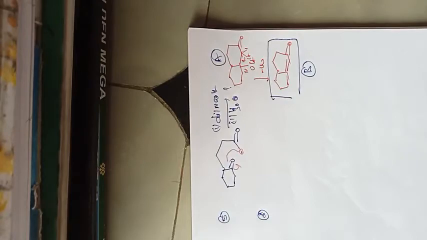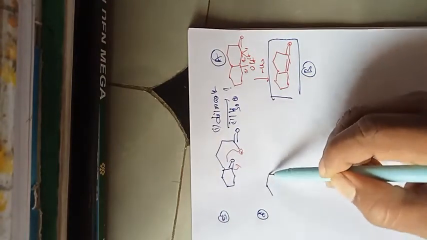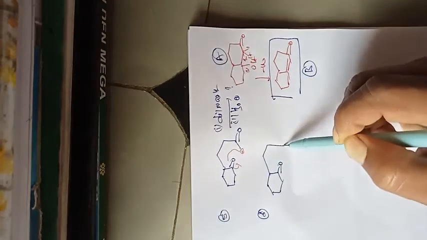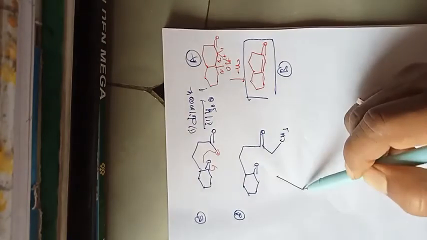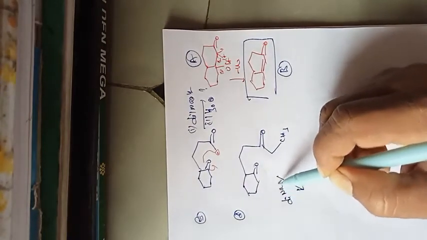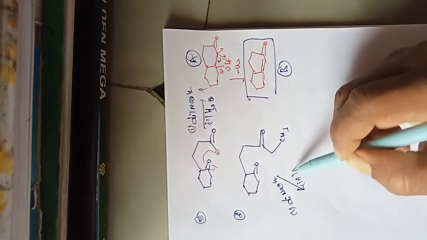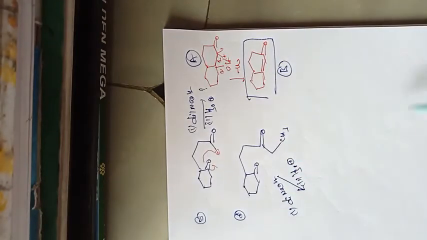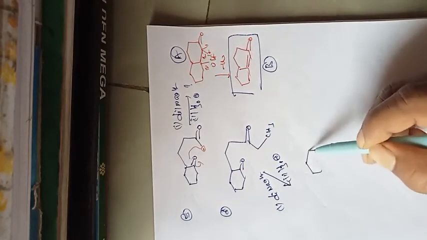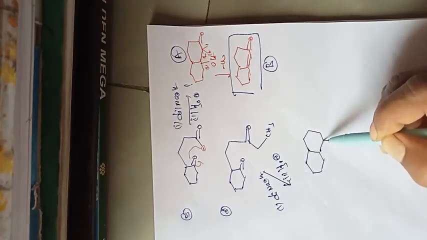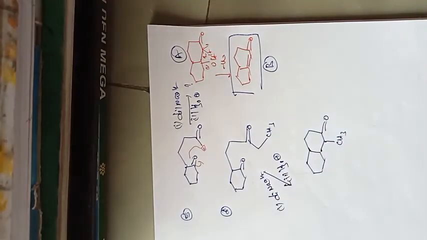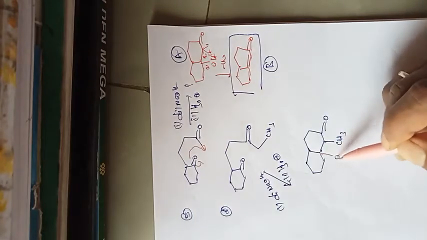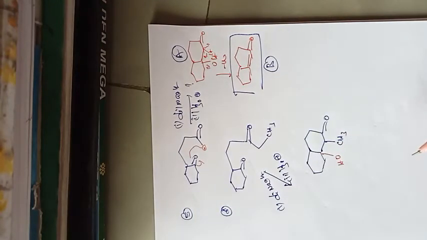And the sixth one. For example, extending the same example, C double bond O and CH3. So same, dilute sodium hydroxide in the first step, and in the second step H3O plus. So what is the product? Same reaction, and this is the cyclic ring, here CH3 is there, and this is the C double bond O, and here OH will be there. So then what will form?